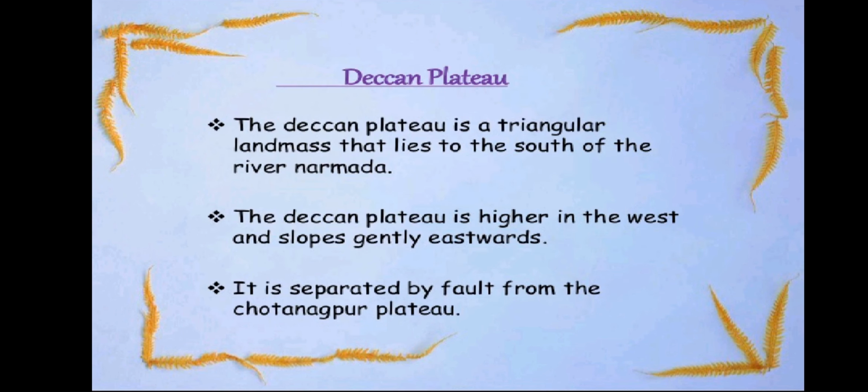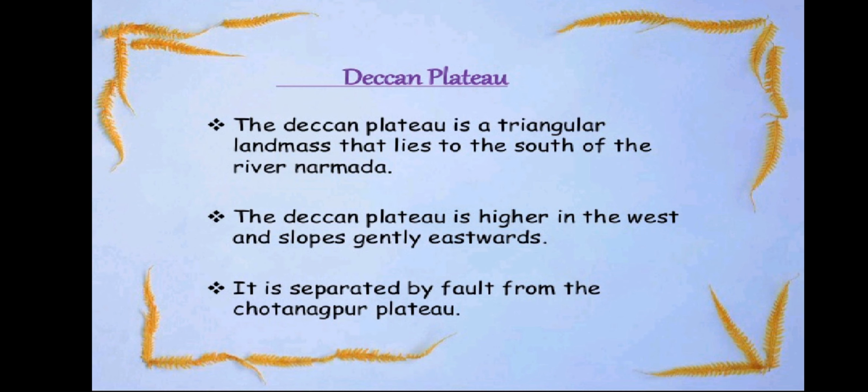Now, let us talk about the Deccan Plateau. The Deccan Plateau extends from river Narmada to the southern tip of the peninsular India. It is one of the oldest earth blocks and is made up of hard, igneous and metamorphic rocks. The Satpura range, northern Mahadev hills, Maikal range, etc. form its northern edge. The Western Ghats form its western edge, which is much steeper and higher than the eastern one.